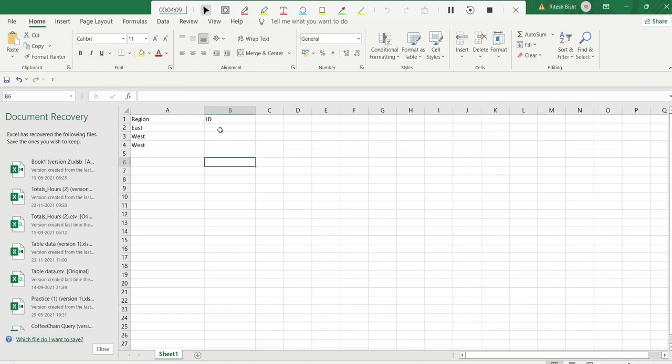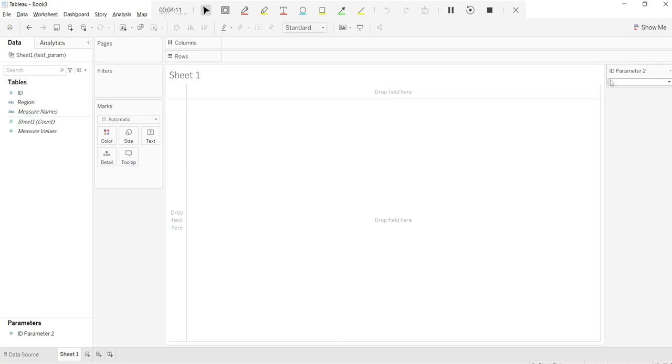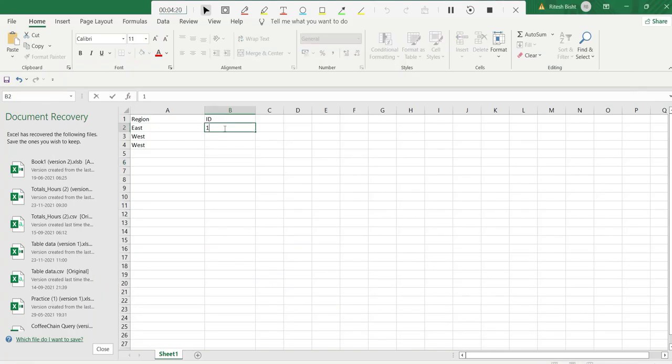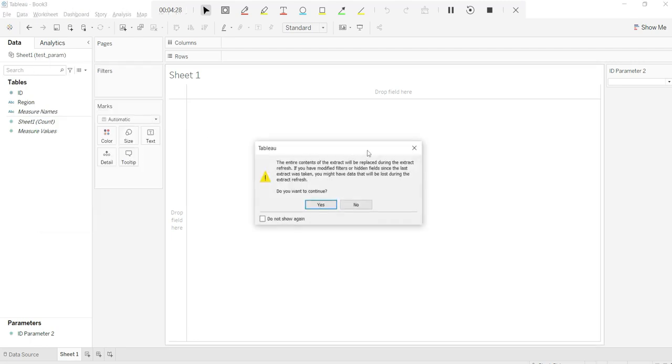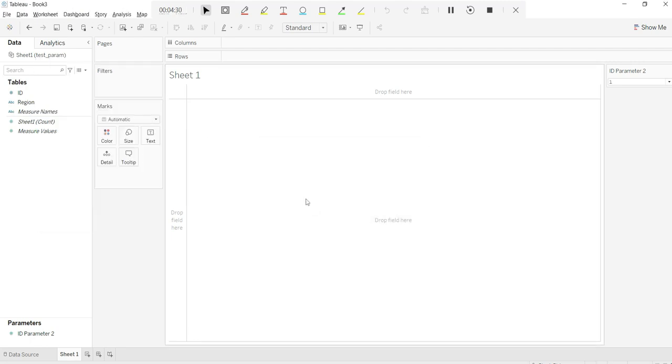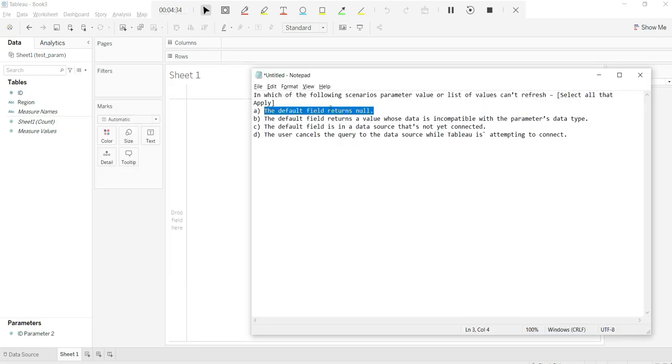Now if I just refresh, technically when you're turning that to null, it is refreshing. It is not giving you the previous value 1, 2, 3. It is getting refreshed, whether there is one null or multiple nulls, with the east region having ID number 1. So if I just go over there, we can see the first case, I don't think so.